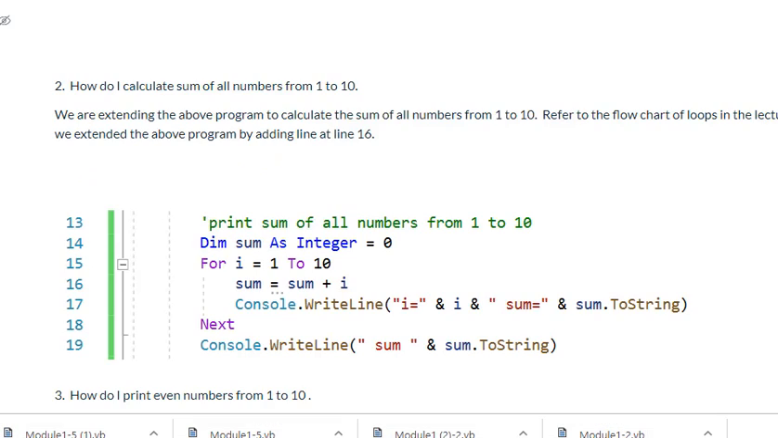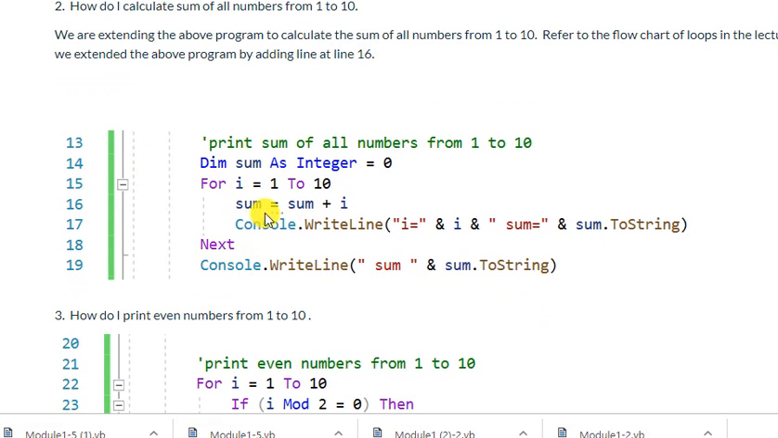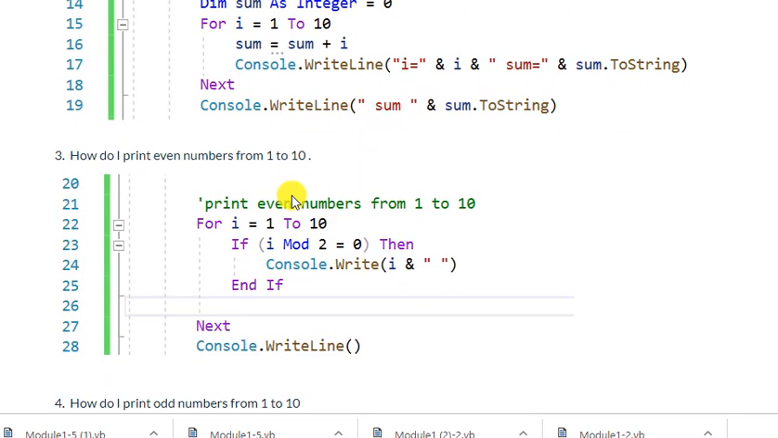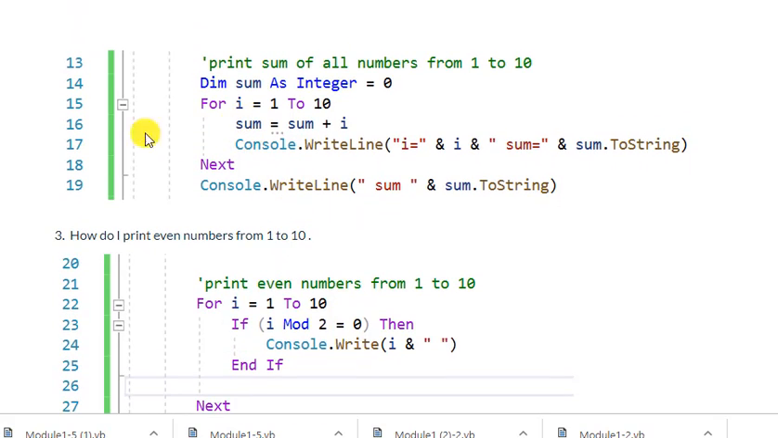So the ideal thing here is we use the sum variable, and sum starts with 0, and we keep incrementing the sum with each value of I, right? So that is the sum. Now, these two lines, 16 and 17, will execute 10 times, because the for loop starts at line 15